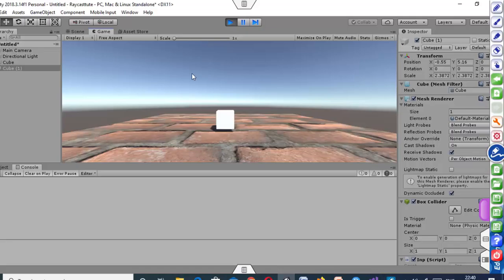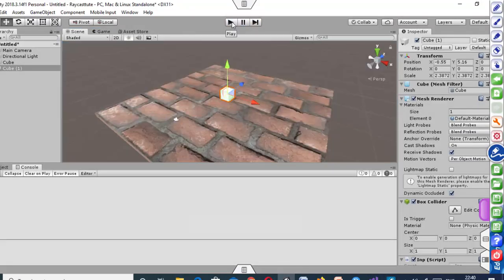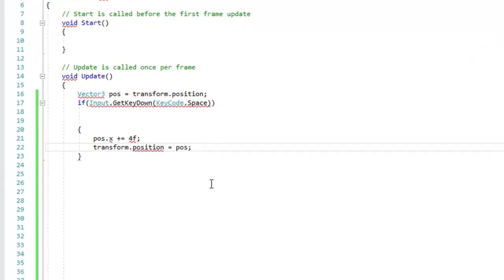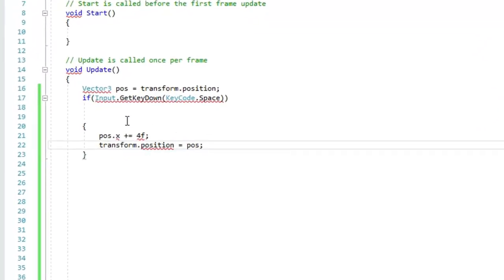Now here you can see that whenever I press the button, this cube moves 4 units in the x direction, and when I hold this button there is no movement at all. So for that we will write get key. Get key is for holding the button.